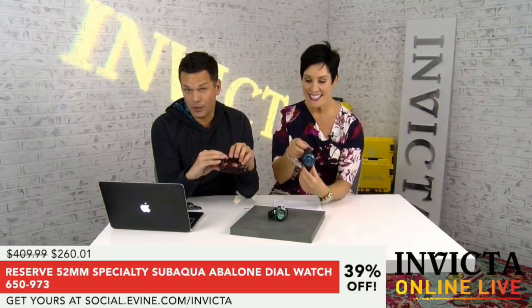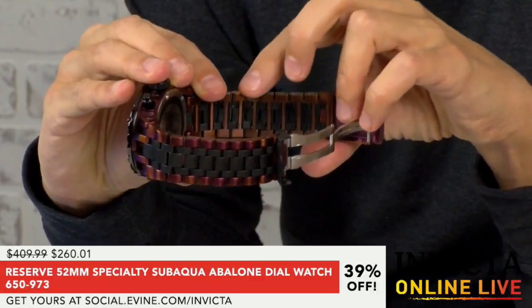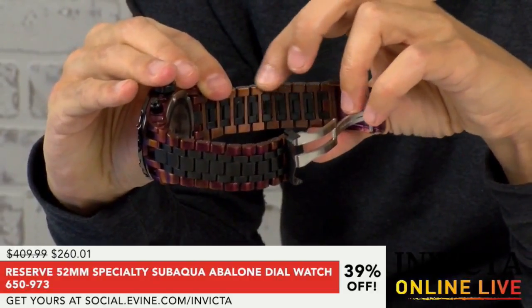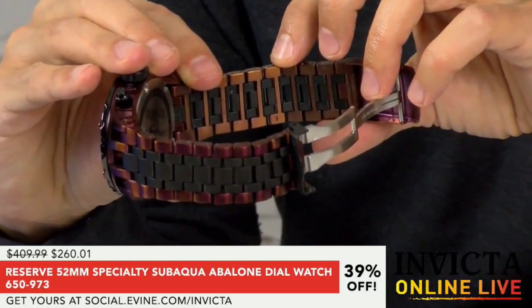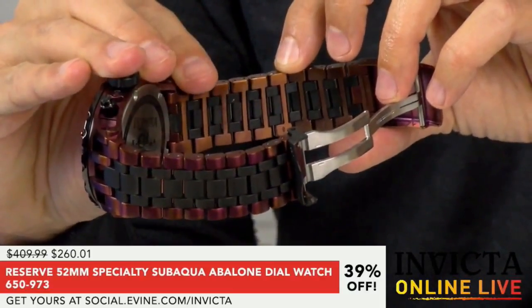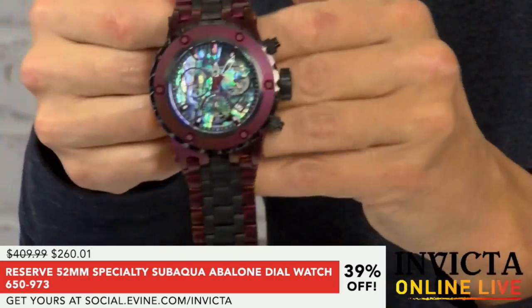But one final thing, I know we have to go. Collectors, this is a collector show. I need to just show the back of the bracelet. Please. Super quick if you haven't seen it. This is what we don't do too often on this watch currently: we have the stacked bracelet design. So you see this very complex design on the back of the bracelet to give you that 5-link design. I just wanted to make sure you saw that before we head off this watch, because collectors want to know about that and they want to add that to their collection, because that's something they don't see that often